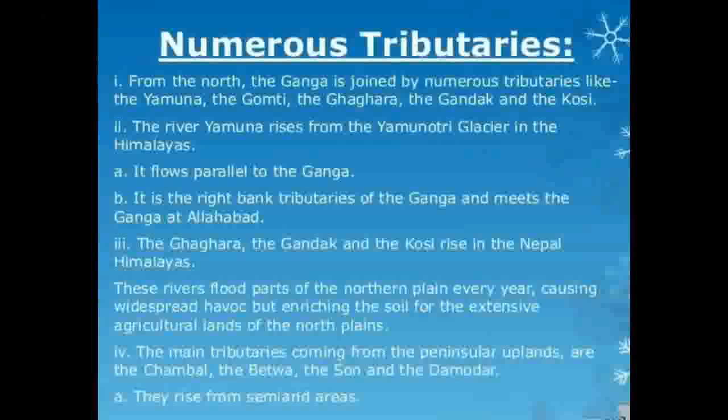Now, as far as this river is concerned, it is joined by numerous tributaries. The important ones are Yamuna, Gomti, Gagra, the Gandak, and Kosi. As far as the Yamuna is concerned, it is one of the important tributaries of river Ganga. It rises from the Yamunotri glacier, and it flows parallel to Ganga for a longer distance, but it meets the Ganga at Allahabad. And Gagra, the Gandak, and the Kosi are the tributaries of river Ganga which come from the